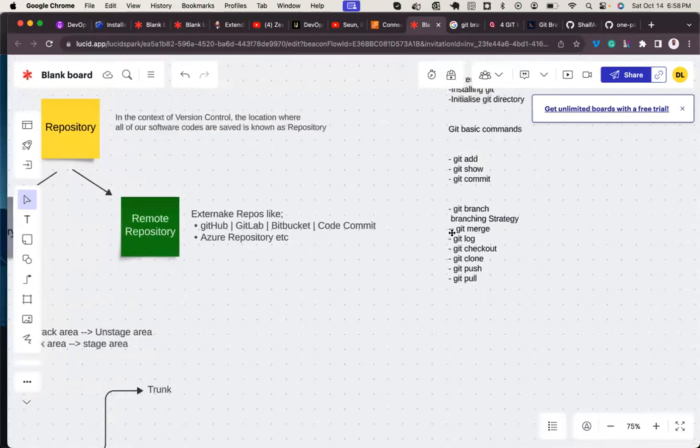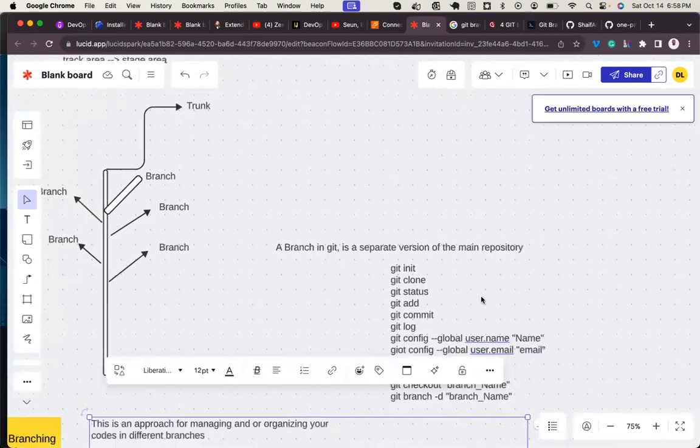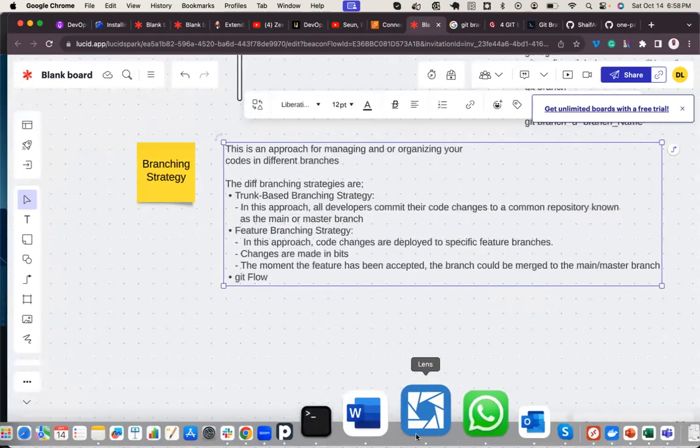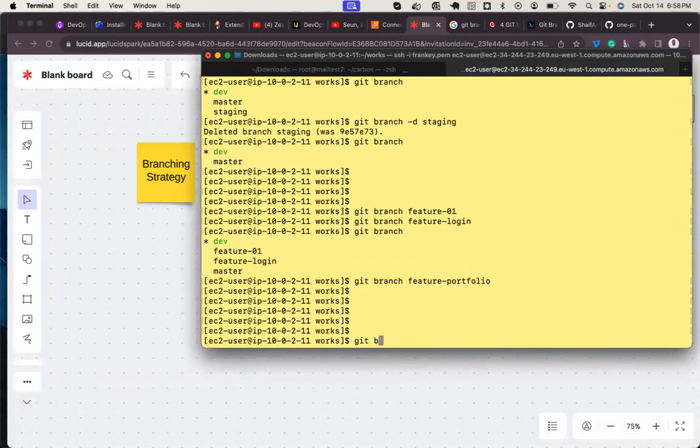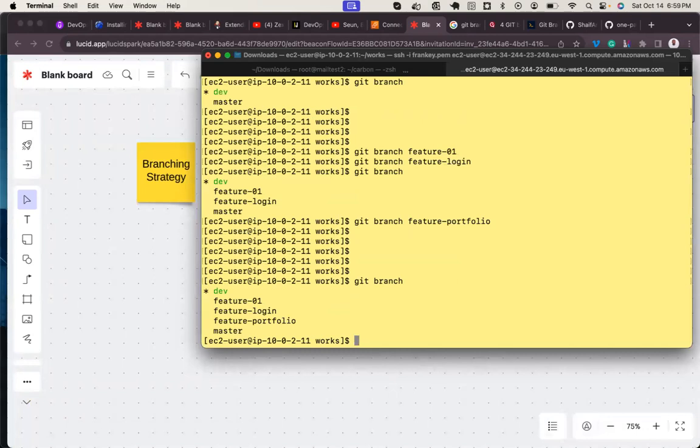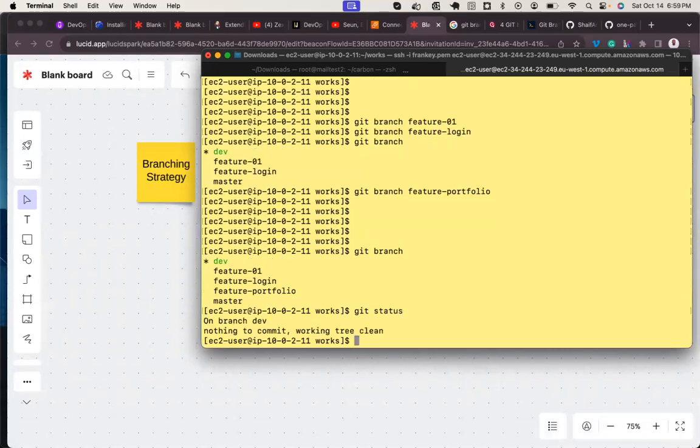All right. Now let's talk about Git merge and Git pull and push. Now, look at this. Git branch. All right. Git status.